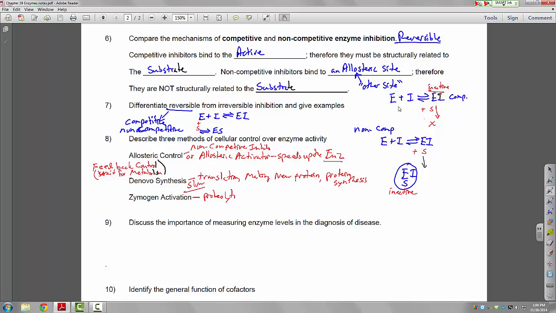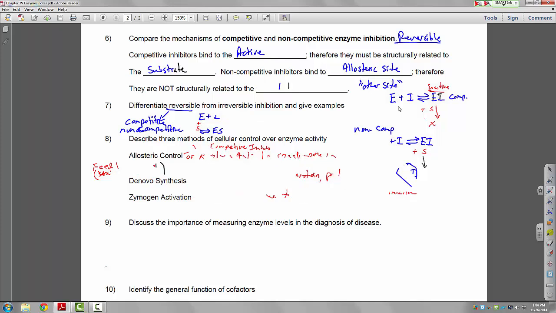So this is a proteolytic cleavage, so we're breaking a peptide bond to release